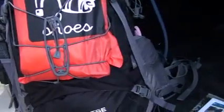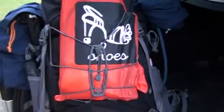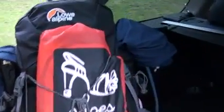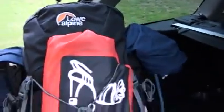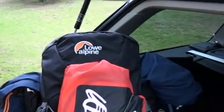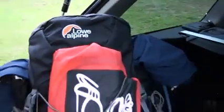And I should have a water tube around the back. I'll show you in a minute. Now inside the top part here, underneath, I've got an emergency kit with compass, whistle, emergency blanket, that kind of thing. And in the top part here I've got my first aid kit,